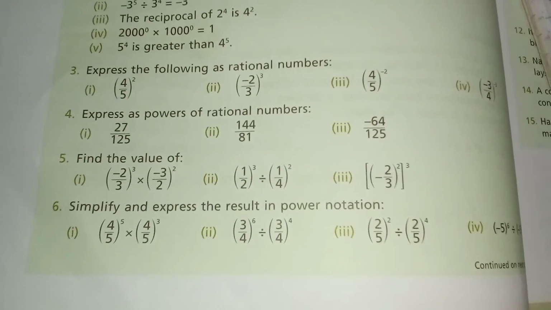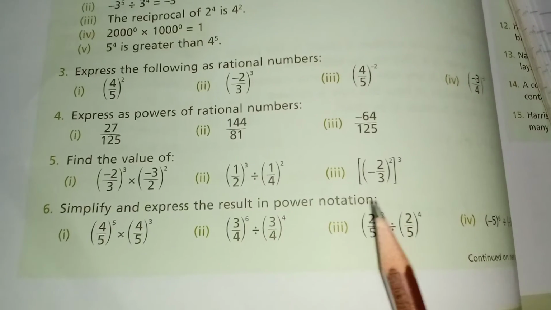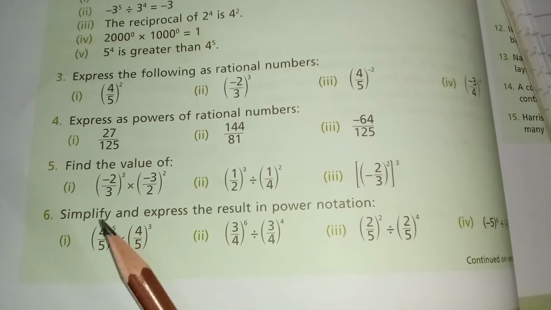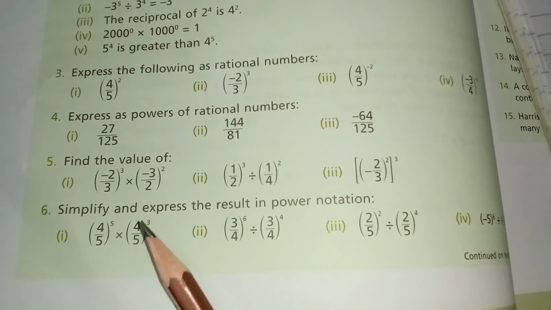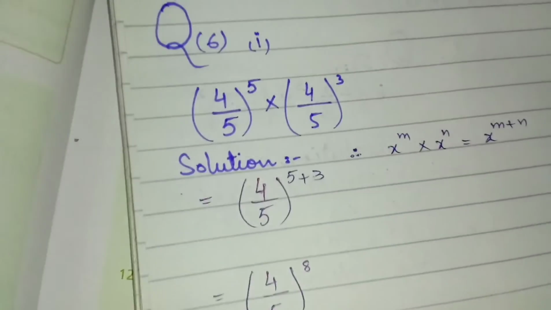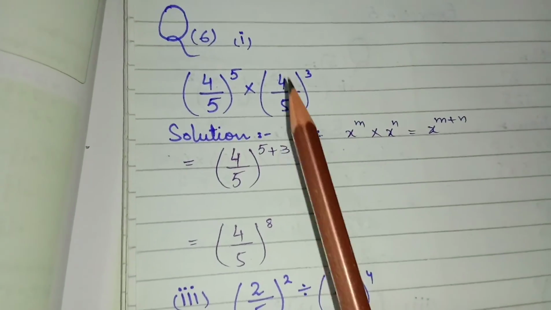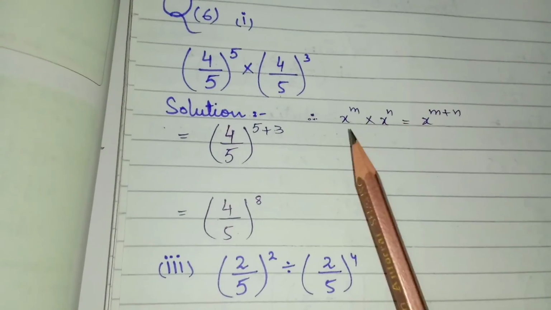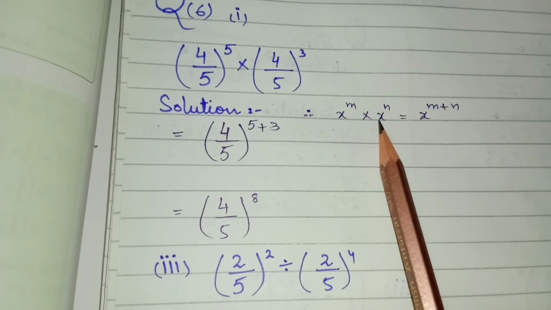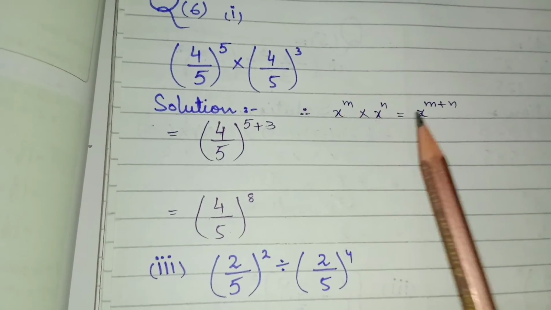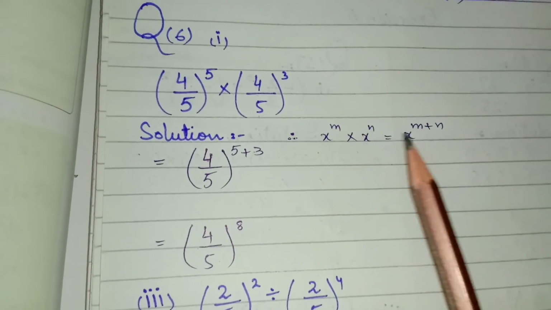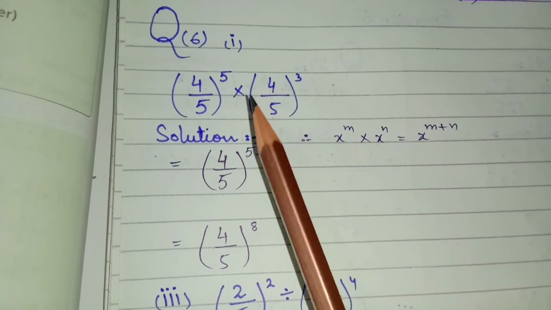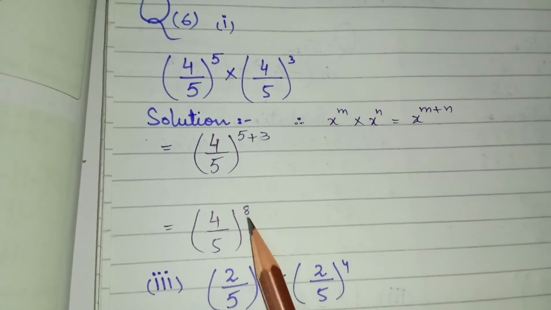Okay students, question number 6 is simplify and express the result in power notation. We have to give the answer in power notation. So the first part is 4 over 5 whole power 5 multiplied by 4 over 5 whole power 3. So their bases are the same, but the powers are different and the multiplication sign is between them. So by the first law, if the bases are the same and the powers are different in the product of two rational numbers, then the answer will be x, powers will be added, m plus n. So 4 over 5 whole power 5 plus 3,